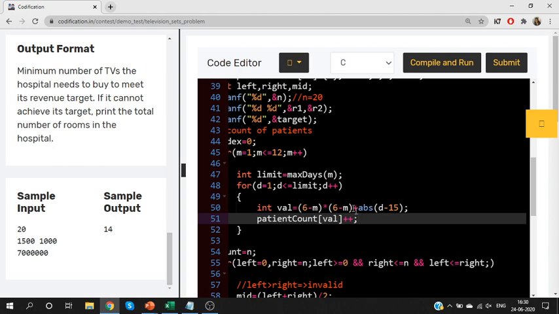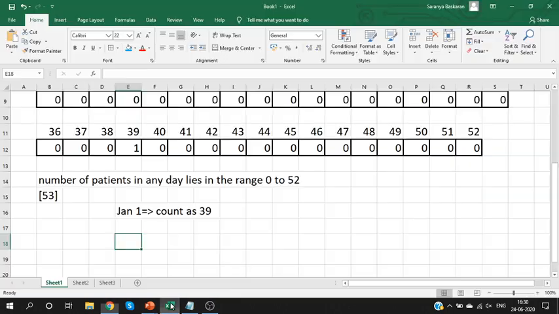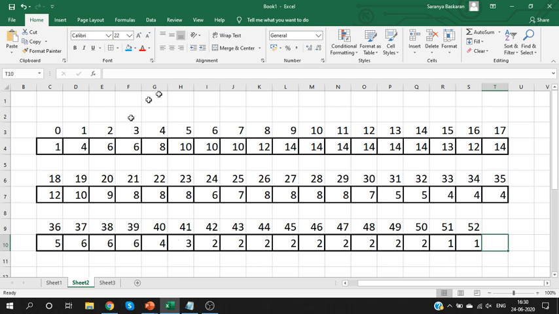Okay. So, when you finish this, your final array will be something like this. This will be the count value for all the 52 indexes. 52 occurs one time. See, 39 occurs 6 times. 38 occurs 6 times. Like that, we will know how many times I will have 0 patients, how many times I will have 52 patients, how many times I will have 39 patients. I can know all this data. Clear? So once I know all this data, you can do your calculations based on this data itself.